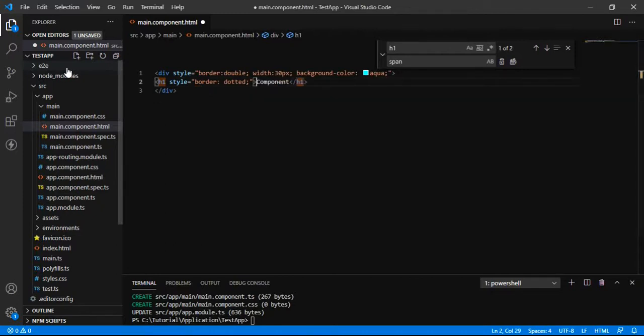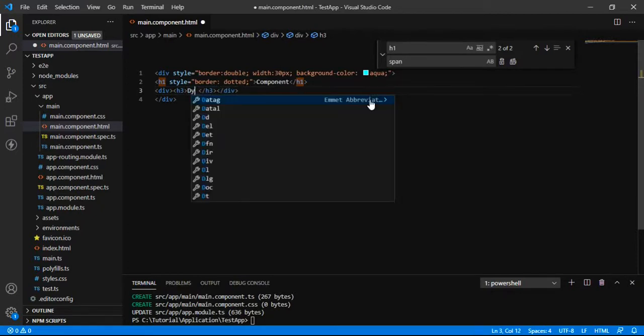So we have the div tag, and inside we have h1, which is nothing but the heading available in our component. And suppose that we just want a simple string that needs to be dynamic in our template.